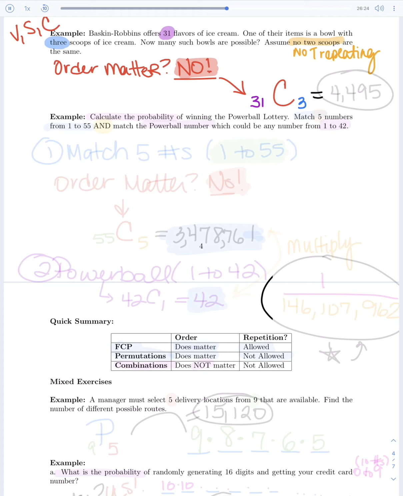So let's see, you'd go in your calculator, you'd do your 31 first, then you'd go over to your math key, and then you'd go over to your PRB option, go down to the 3rd option, the combinations. Be careful, you still have to tell it, even after you select it and press enter, that you want to choose 3 from the 31, and then you have to press enter one last time to get the value for your combinations, which is 4,495. And you're done. On this next problem, we're going to calculate